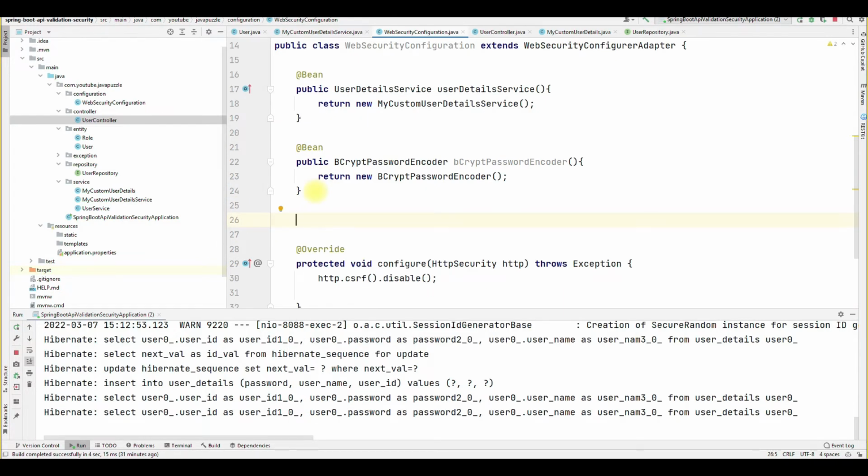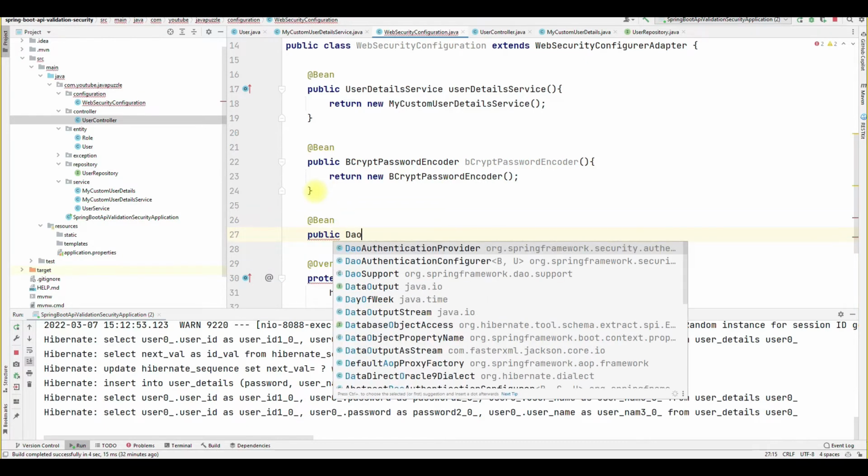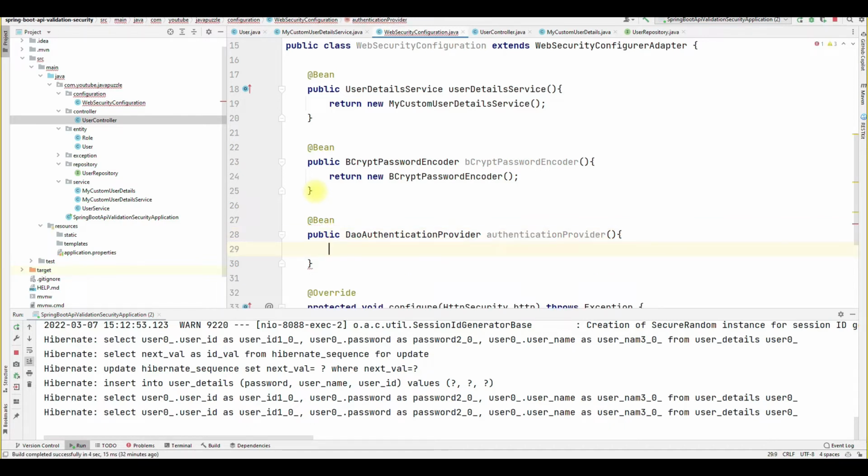I have to implement the DaoAuthenticationProvider here. Okay, that bean I forgot there. So for that, public DaoAuthenticationProvider.